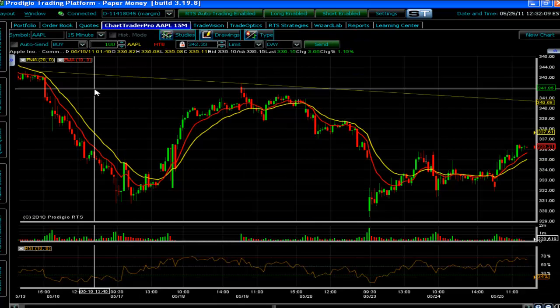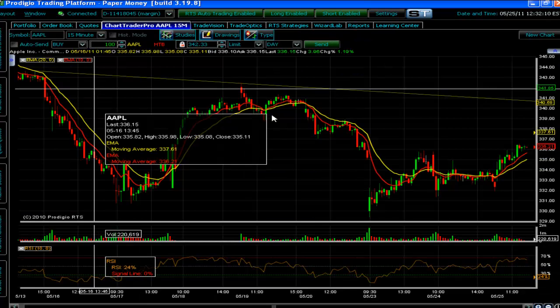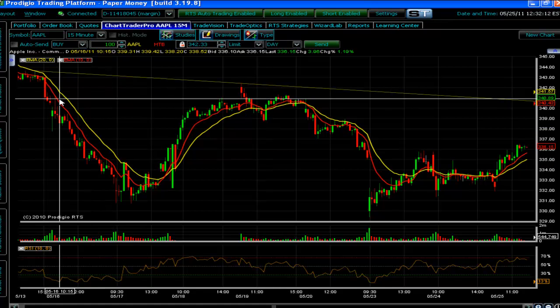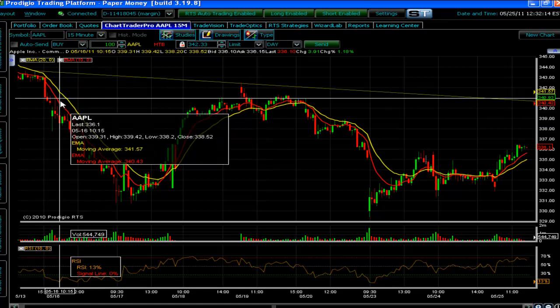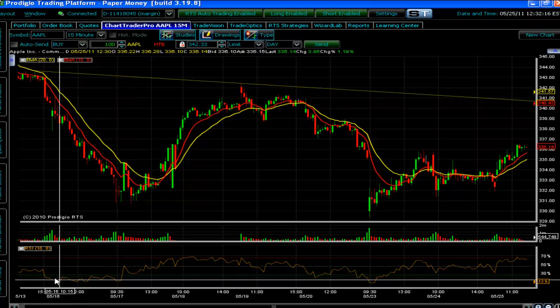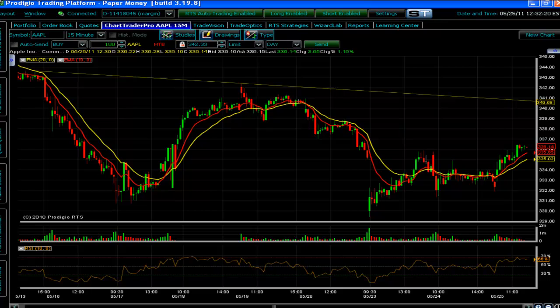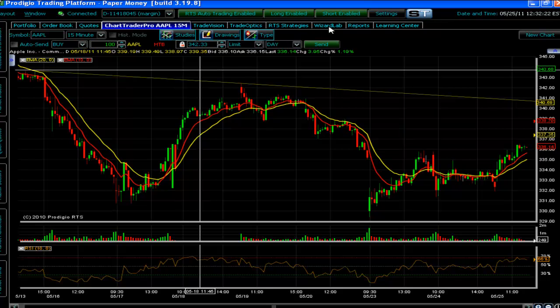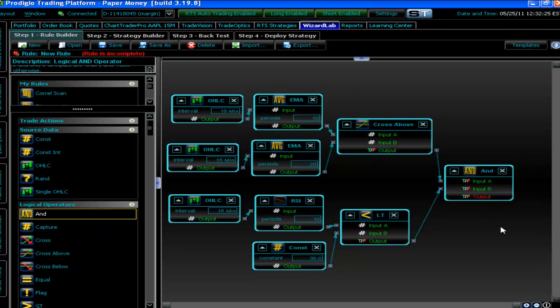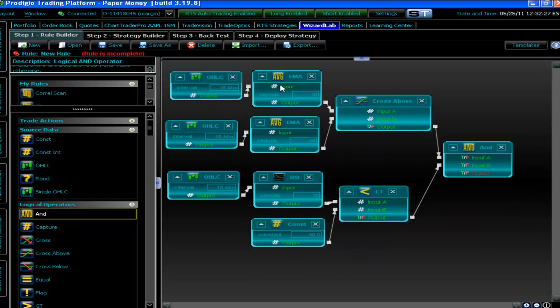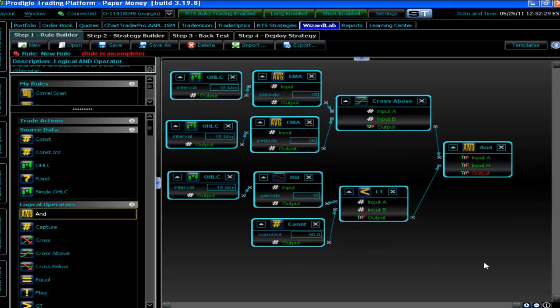And so what I've been able to do right here is take the two EMAs and combine this with the RSI. And I want to keep going, for example. So I took those two things, and now let's say I want to do something else. Let's say I want to look at a broad market indicator. So for example,